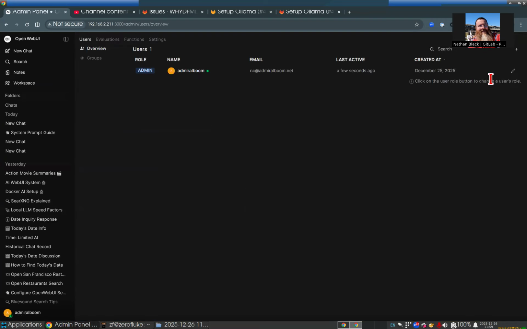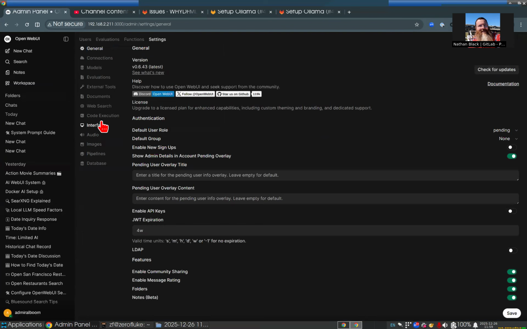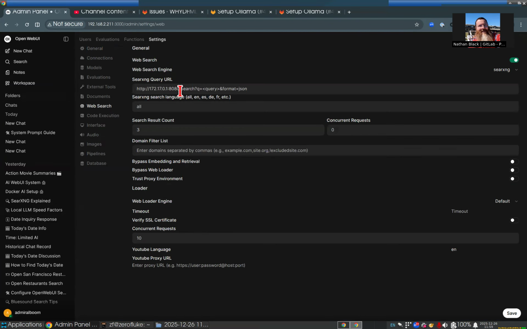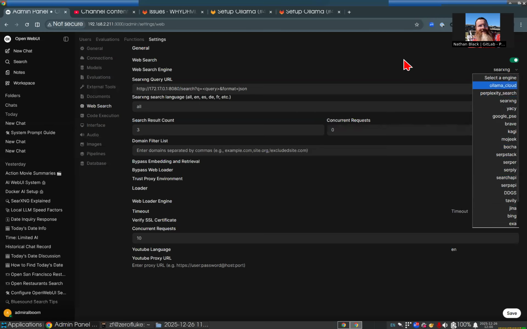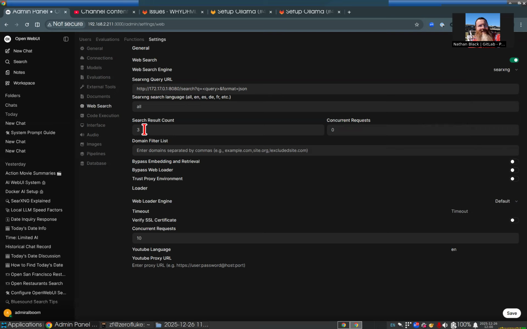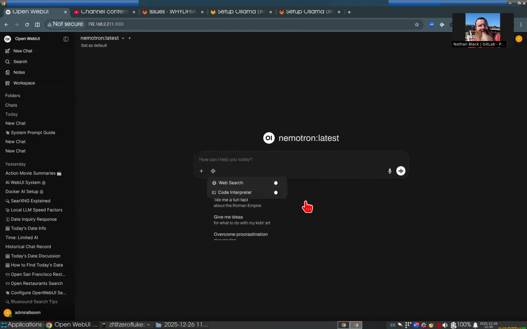The admin panel is where you'd configure web search in order to connect to that SearXNG. You set it up here in a pick list. You get plenty of options. Tell it how to connect to it. These are the defaults for the search result count and the concurrent requests. I didn't change that. Then whenever you go to generate a chat, come down here and tell it enable chat,